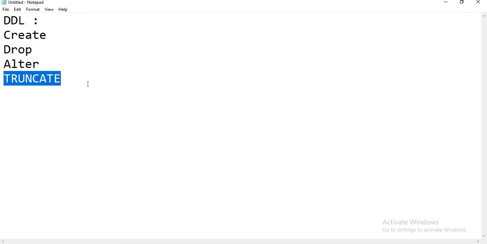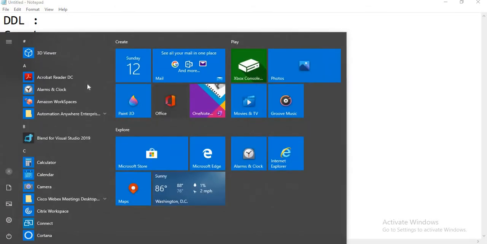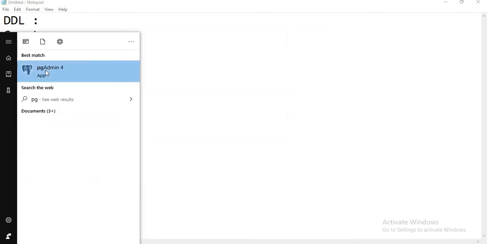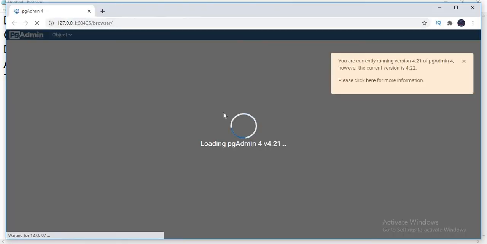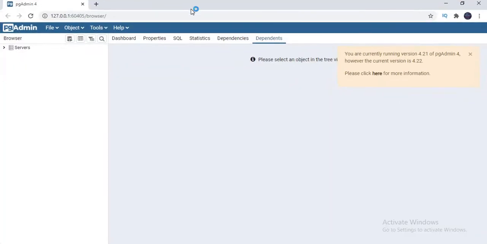So let's fire up pgAdmin. Just go to start and type pgadmin. It automatically comes up. Once you click on pgAdmin 4, in the previous video I showed you how to open it in detail. I already gave a password earlier and asked it to save it in the browser. That is the reason why it was not asking for a password. Ideally, it will ask for the password as well. So now the password is already given.